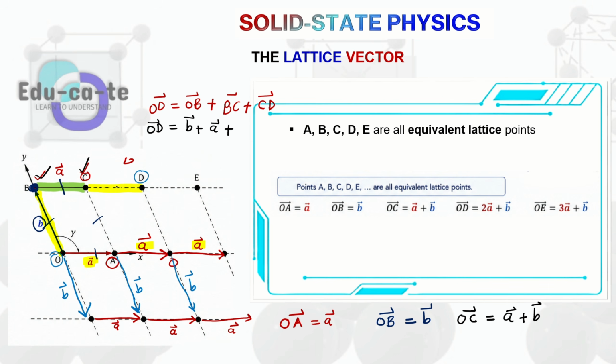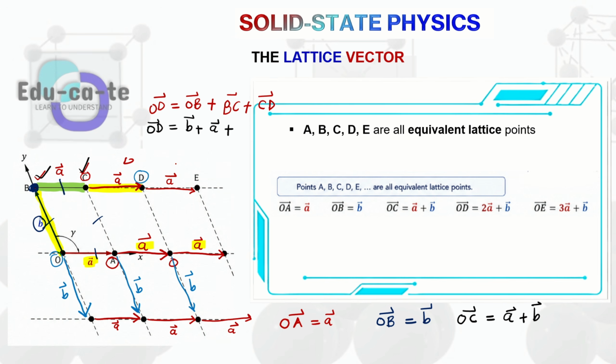And then when I move from point C to D, guys, it is still going to be the same thing as this other side. So from here to here is still going to be A. This vector here is still going to be A. Even from D to E, I still have to move the vector A as well to get there.